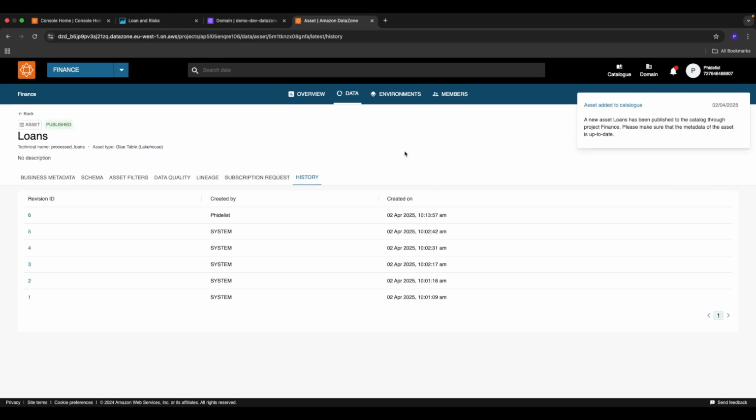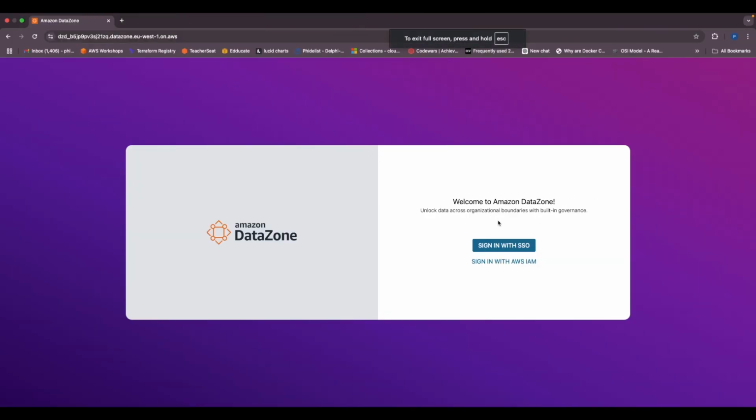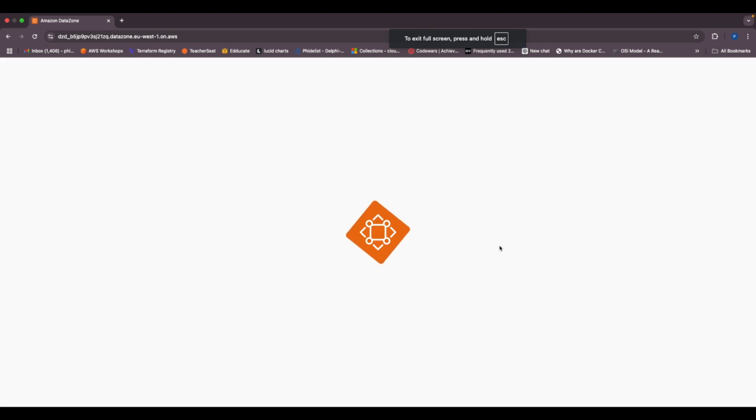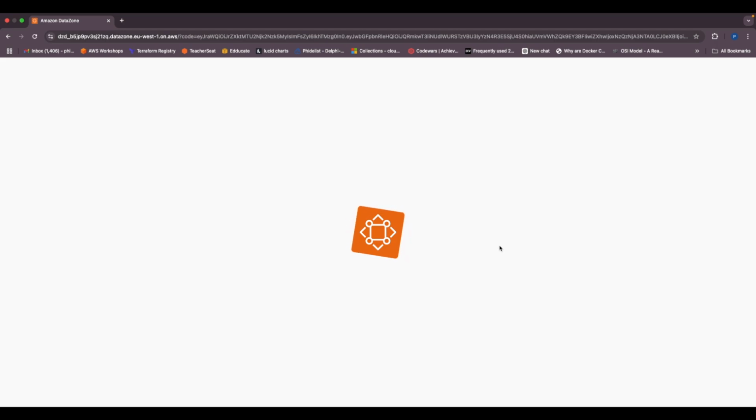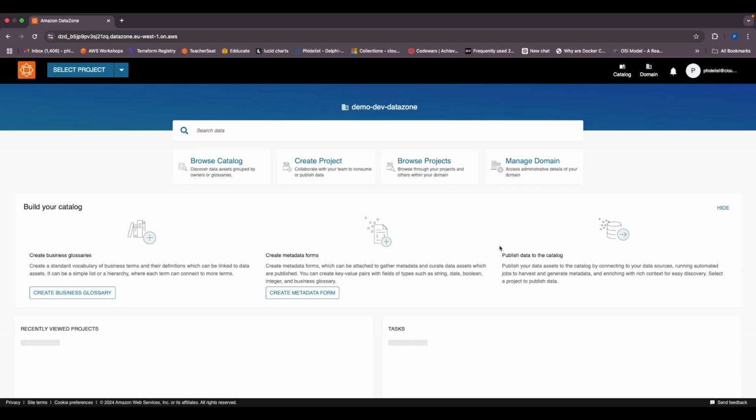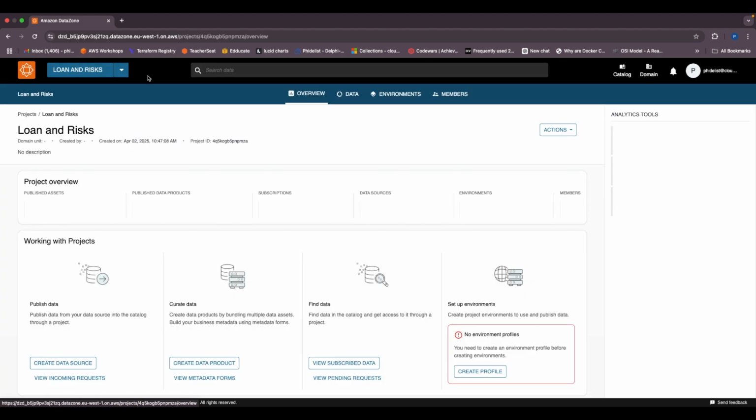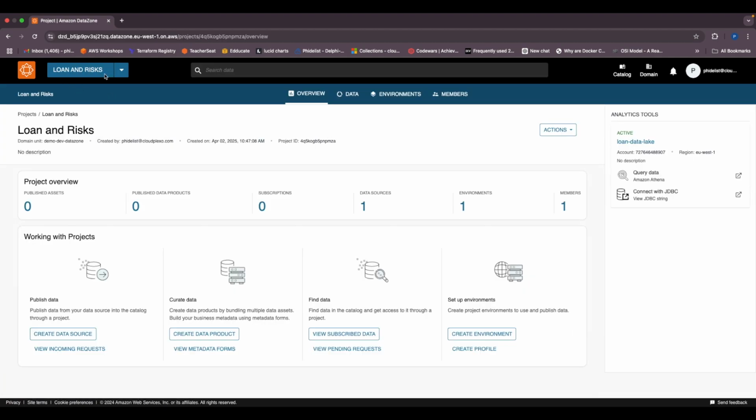So after publishing it, we'll log in now as a separate user. So let's say I'm the loan and risk data analyst now from the loan and risk department. Maybe want to do some visualization to see how our loans are performing. So after I log in, I will select my project, which is loan and risk, and we come here to